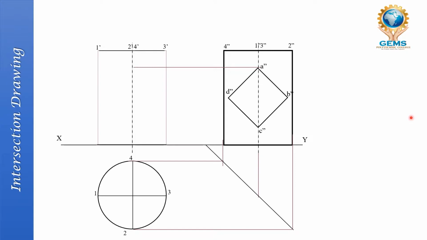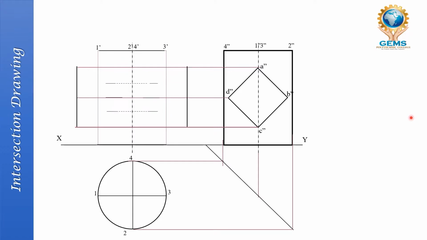Straight line from side view to front view. Center line from the side view to front view. Next, bottom of the square prism from side view to front view. Okay, and then draw the line. So this height is already 70 mm. It is given in the data and also in the sum.